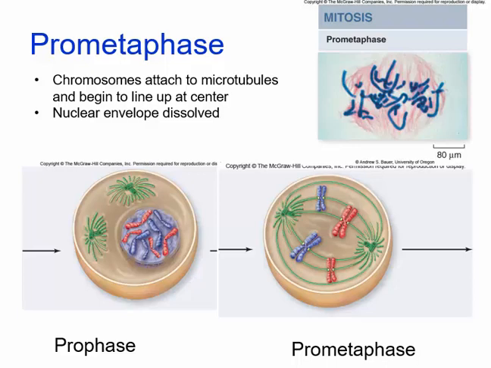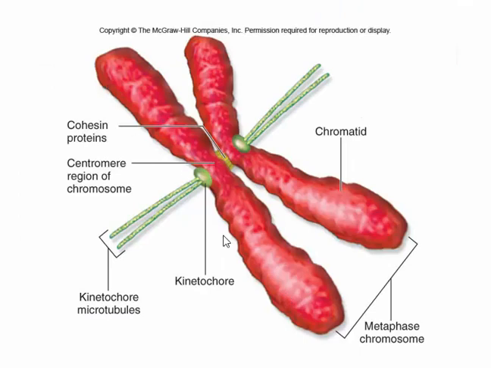Prometaphase is next. So what's happening here? Here's where we see those kinetochore microtubules actually attaching to those sister chromatids. At this point, the nuclear envelope is gone. It's been dissolved. And here's an actual image of what prometaphase might look like. You see the microtubules staining red here, the blue chromosomes, and they're still kind of all jumbled up a little bit. As we'll see, that's going to distinguish the next stage. Here, if we look more closely at our sister chromatids during prometaphase, we see those kinetochore microtubules attached at the